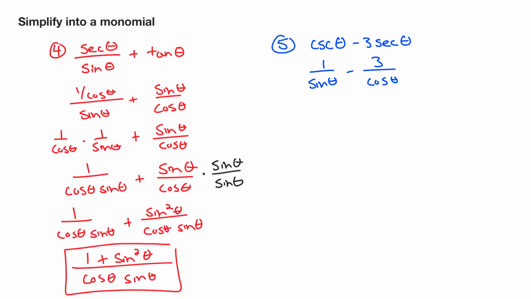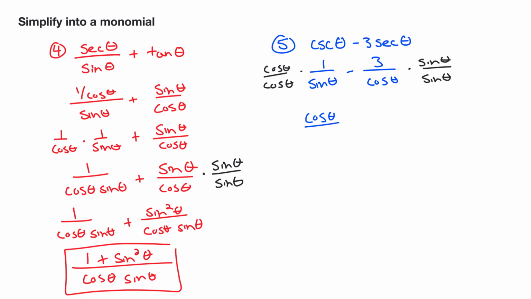In order to combine these two together through addition and subtraction, they need to have the same denominator. The first fraction has a denominator of sine. This one does not have a sine in it. Therefore, I'm going to multiply the second fraction by sine over sine. This second fraction has a denominator of cosine. The first fraction does not, so I have to multiply it by cosine over cosine. That will give me